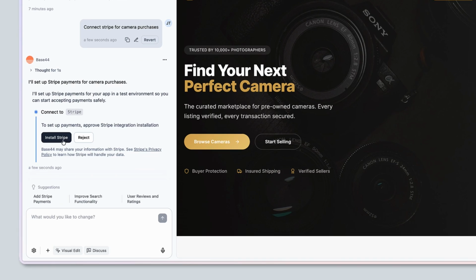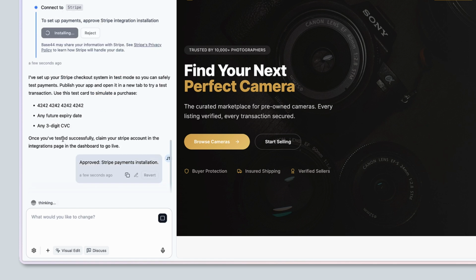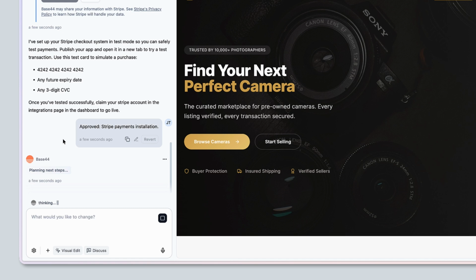Once you've sent a prompt, the agent will recognize the Stripe request and ask for approval to install the Stripe integration. The agent then sets up the Stripe checkout system, including any additional buttons or features it needs to add